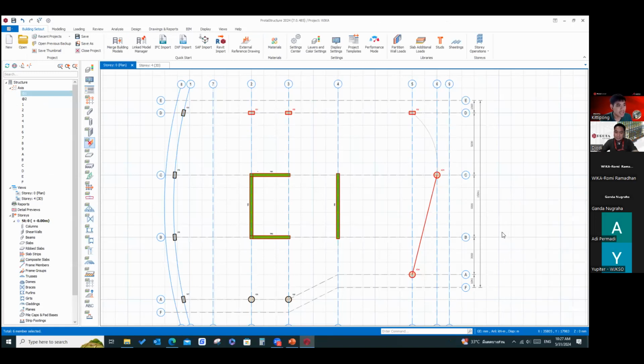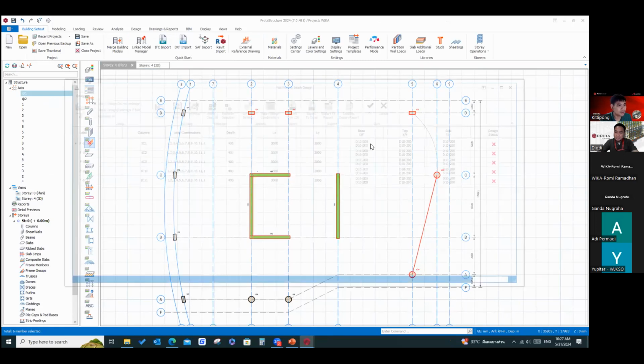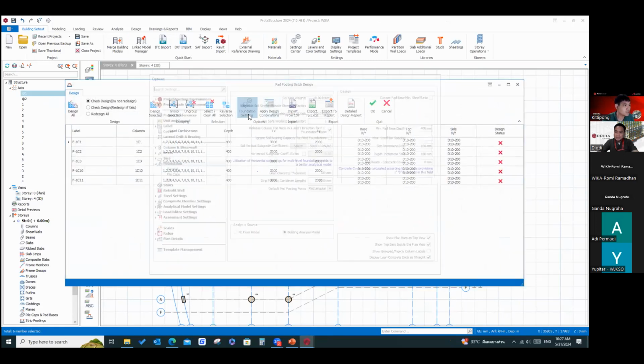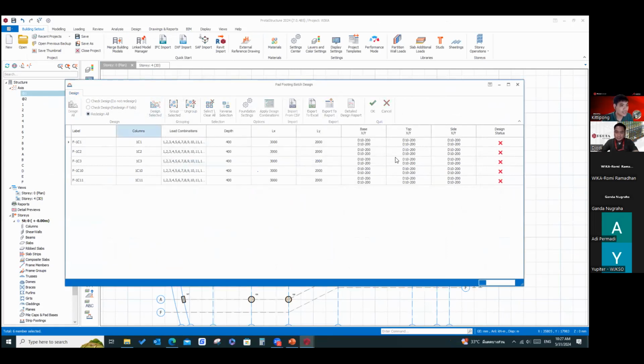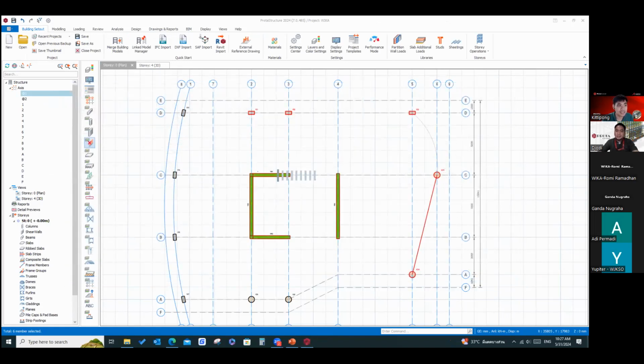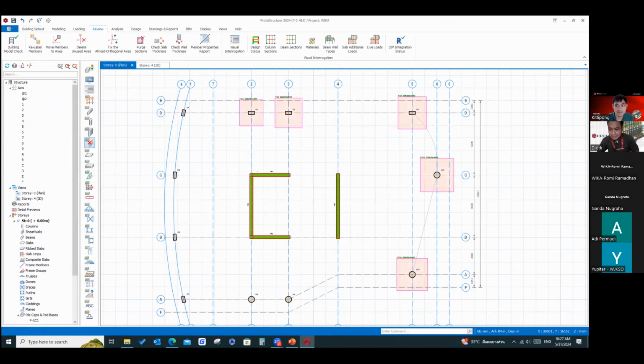See, they have the option for you. For the pad design, you can also change the allowable stress of soil like this. Just input the soil bedding, something like that, and it will automatically design the sizing of the foundation for you like this. Okay, let me explain for Mr.